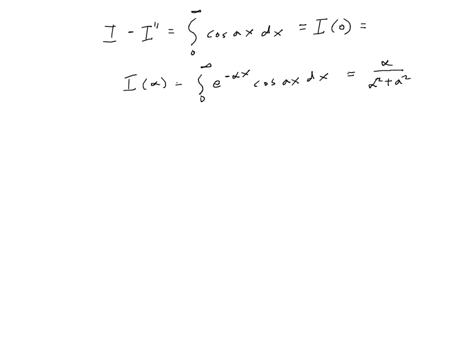And so alpha equal to 0 means this is equal to 0. So now I just have the differential equation to solve. Instead of solving an integral, we're solving an ODE. This is clever, and this is pretty straightforward. The solution to the ODE is simply going to be some constant times an exponential